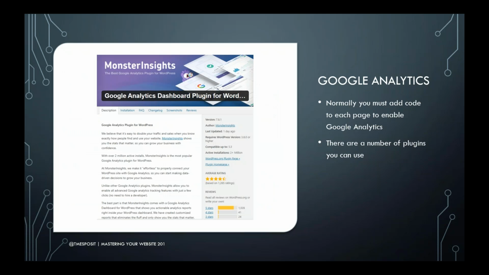And then there's this really cool free MonsterInsights plugin. You get this and it ties in with Google Analytics. You put in your Google Analytics information, and in the past, if you wanted Google Analytics, what you had to do was you go into every single page on your website and you put in a piece of code in the text entry mode instead of the WYSIWYG, and that ties into your Google Analytics so you can see who is hitting this. Well, that's very cumbersome because you have to go behind the scenes and edit it for every single page.